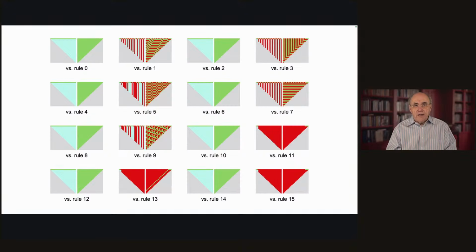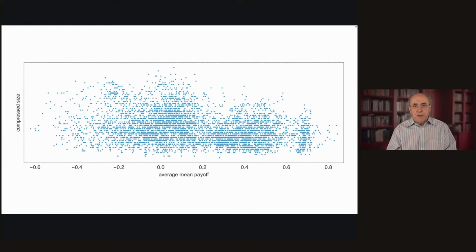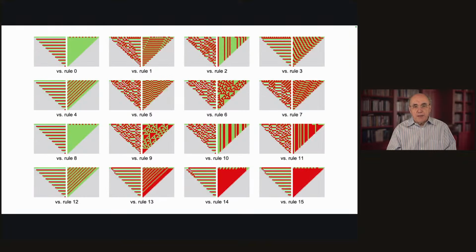So looking, as we did for finite state machines, at the compressed size of patterns versus the average mean payoff in the corresponding competition, this is the result we get. We see that the highest payoff rules tend to behave in simpler ways. So the rules with the most complicated behavior, at least by this measure of compressed size, have average mean payoffs near 0. A typical example being Rule 11948, which is